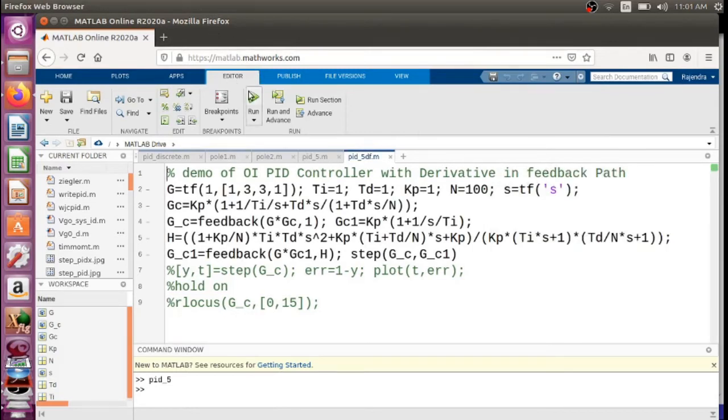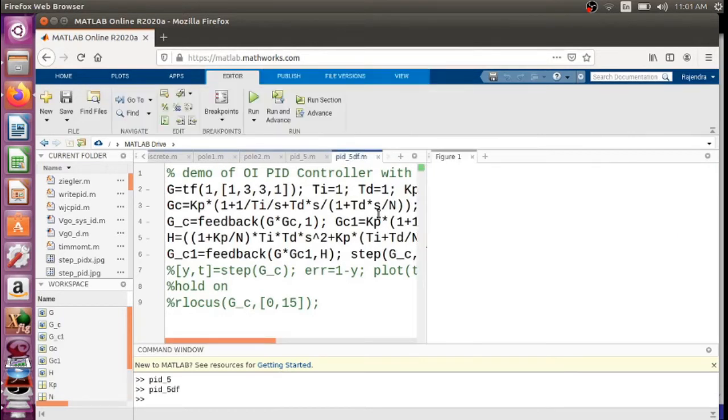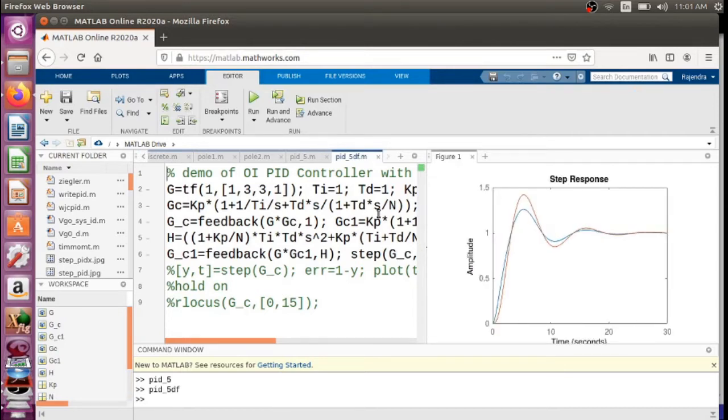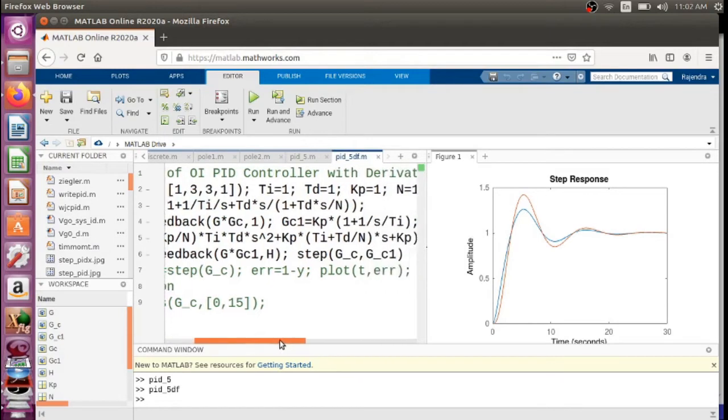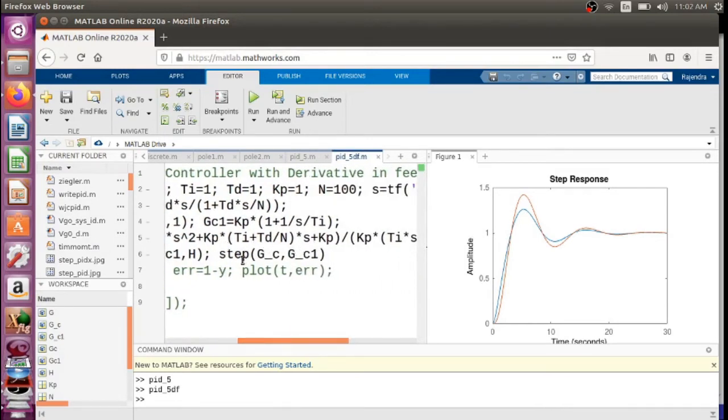So we'll run this program. You'll find that here, this command is basically applying a step input to a closed loop transfer function G underscore C, which is the derivative term modified by the low pass filter, and G underscore C1 is the closed loop transfer function with derivative in feedback path.